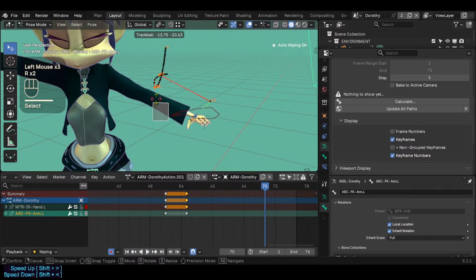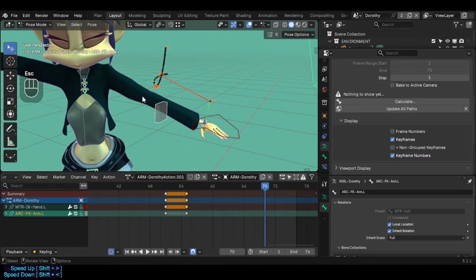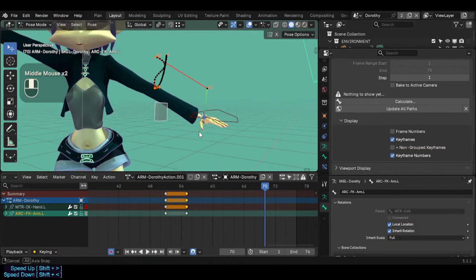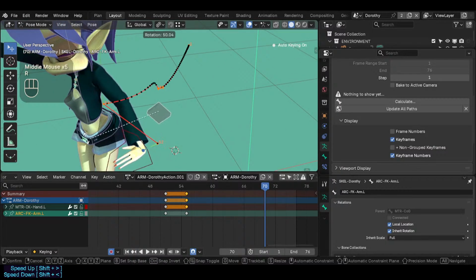Then we pivot the hand. Of course, this is terrible, it's not even here, which will not totally work for an FK arm, of course, because this is an IK, right, in bone constraint? But it doesn't matter, it's a pivot point. It's a custom pivot point. No, it's even behind. Okay, so what we do is gonna rotate